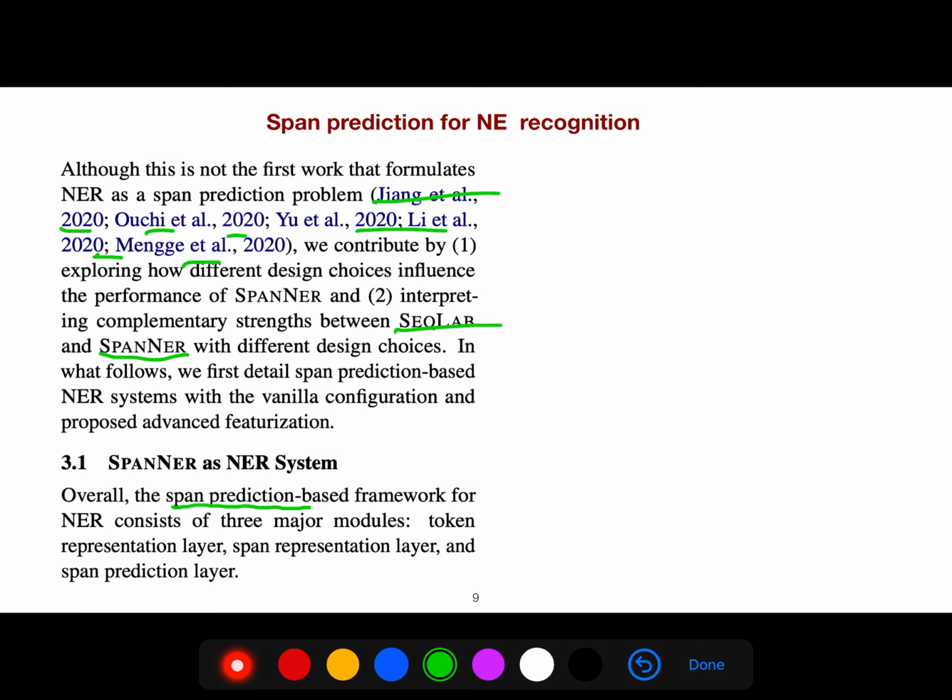The span prediction based framework for NER consists of three major modules. First, the token representation layer, then the span representation layer, and finally the span prediction layer.